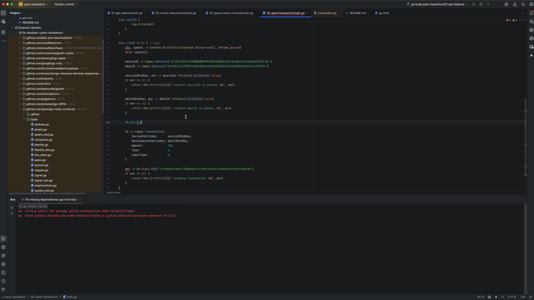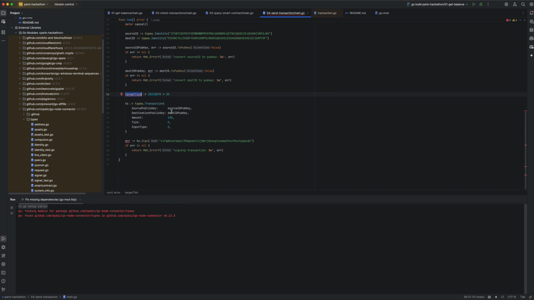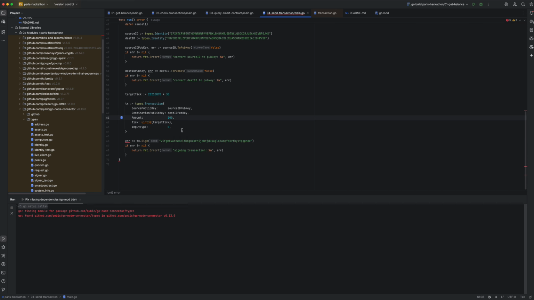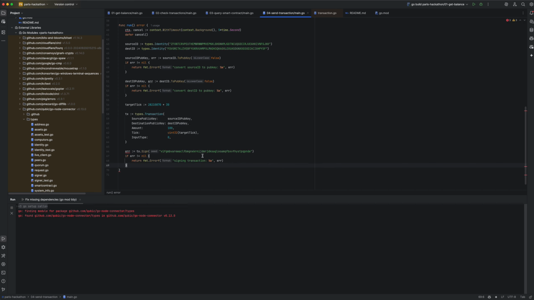Okay, I'll have a target tick. I'll have an offset of, I don't know, 30 ticks, but I will replace this immediately after I am done. Okay, and here we have the target tick, and only after that we can sign the transaction. Good. Now, as we have the transaction signed,